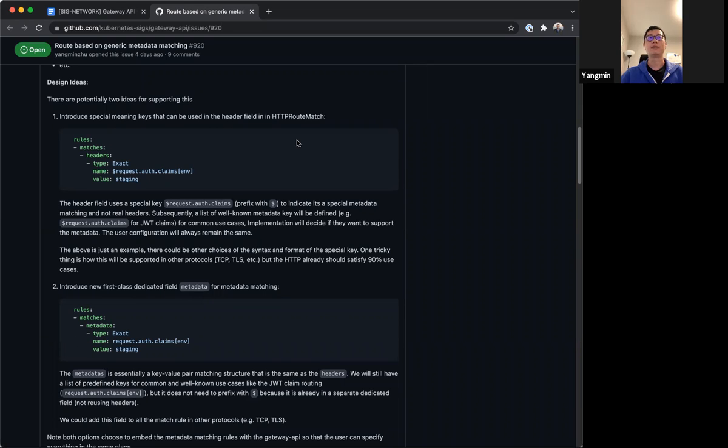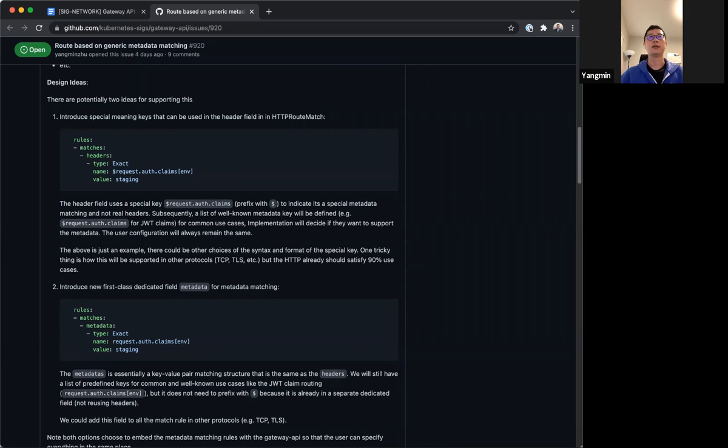The second design idea is that we have a dedicated field added in the matcher field that is used specifically for those metadata matcher things.